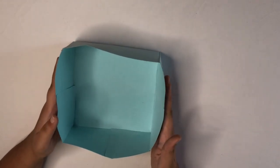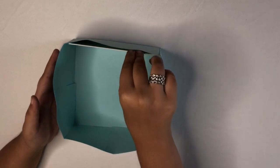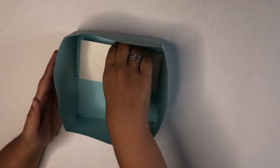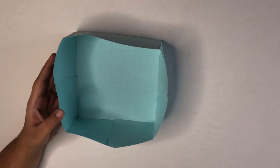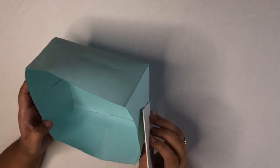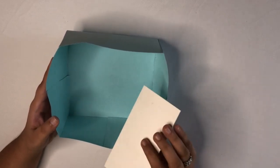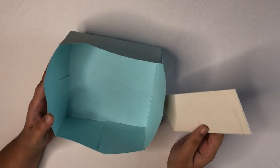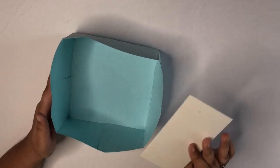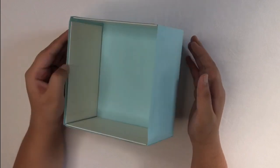So now I'm going to stick the sunboard that we had cut inside on all the places. This is optional, but I would suggest that it is better if you stick it, since the box will become more stiff and sturdy. And you can also use cardboard instead of this sunboard. Now as you can see, the box is ready